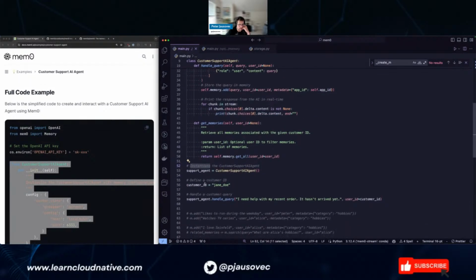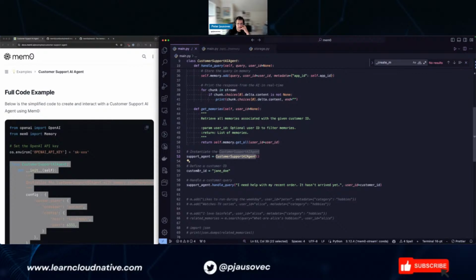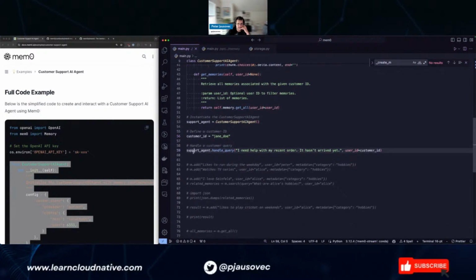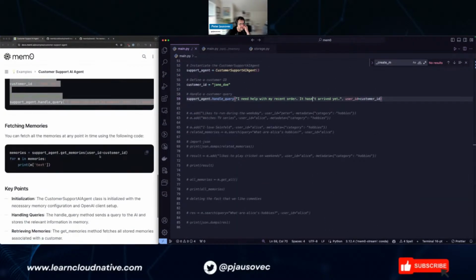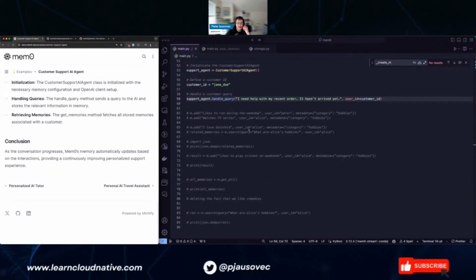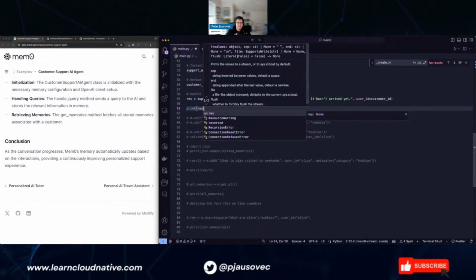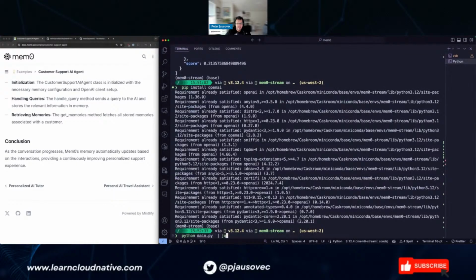We're creating the instance of the agent and calling the support agent's handle query: I need help with my recent order, it hasn't arrived yet. So let's see, this will give us a response back. Let's print the response here, just to see how it looks.